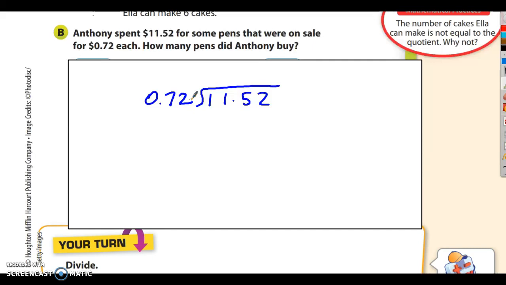Remember that you can't have a decimal in the divisor, so we multiply it by 10. Actually, in this case, we multiply it by 100. If you multiply it by 10, the decimal would be right here. It'd be 7.2. That's still a decimal, so you have to move it twice. That's multiplying by 100. So the decimal is here now. Whatever you do to the divisor, you have to do to the dividend. So I'm going to multiply this by 100, which means to move the decimal 2 places to the right. I now have